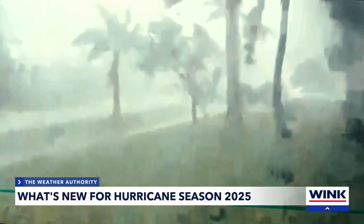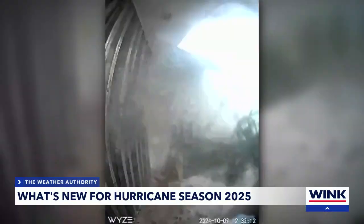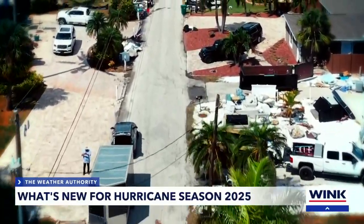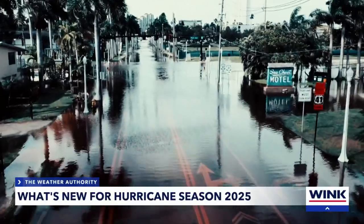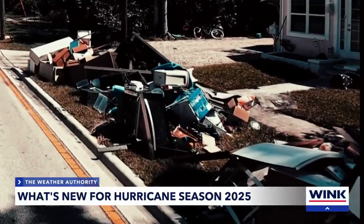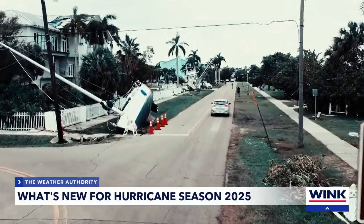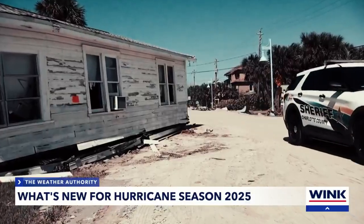When a storm blows in, the biggest questions are where's it going and will it impact my home? And each tropical event brings a new lesson. What we can accurately predict has been improving steadily over the last several seasons. Hurricane Helene, which made landfall well to our north, still damaged more than 2,500 homes and buildings in Charlotte County and brought with it more than 5 to even 6 feet of storm surge. A 7 to 10 foot storm surge rolled into Charlotte County with Milton and destroyed much of what Helene hadn't